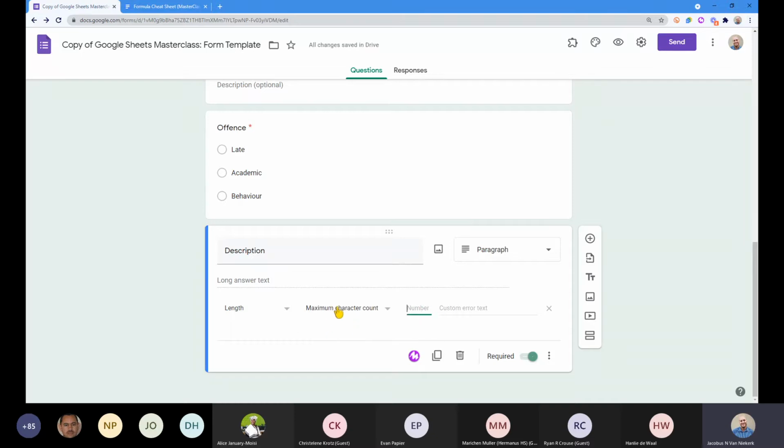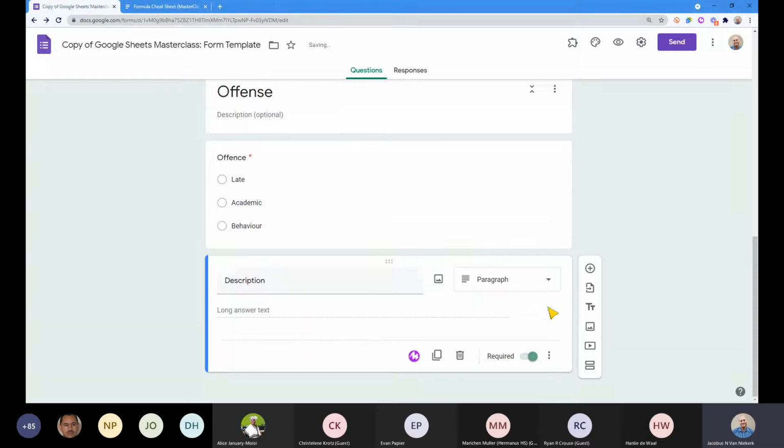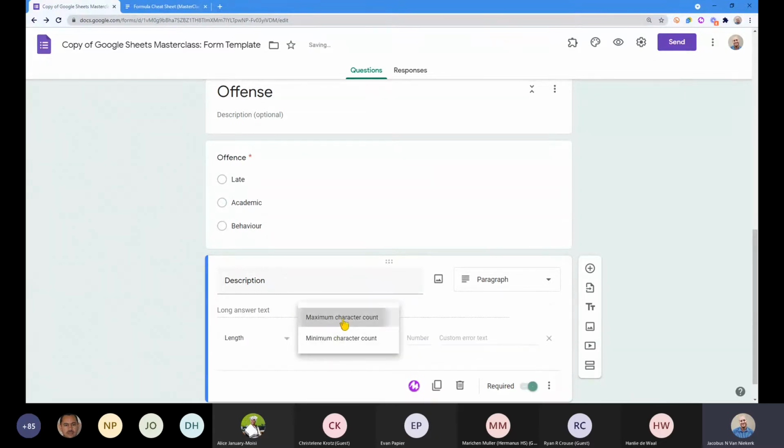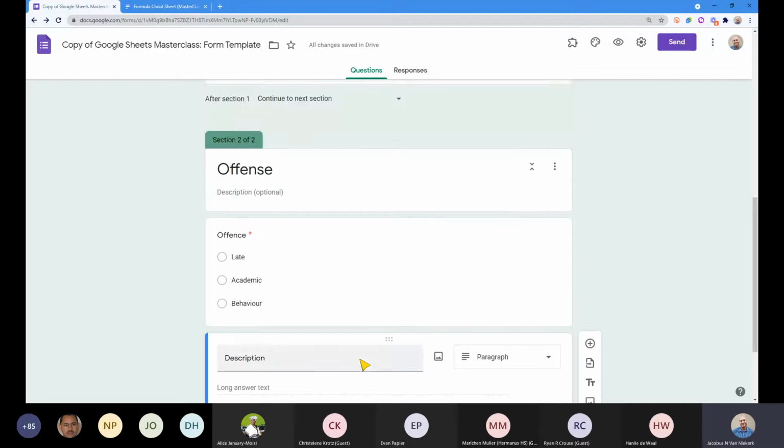Now, you can figure out what this has to be, but this kind of limits teachers from writing this long-worded essay on what's happened. But maybe you want to allow them to write as much as they want to. Then we just take that away by clicking on that X. But for this instance, I don't want them to get too long-winded. I'm going to allow them to write 100 characters. Please note, it's 100 characters, not 100 words. You can't specify the number of words, only the number of characters. So do a quick check and figure out how many words 100 characters would roughly be, and that gives you an idea of how long this can be.